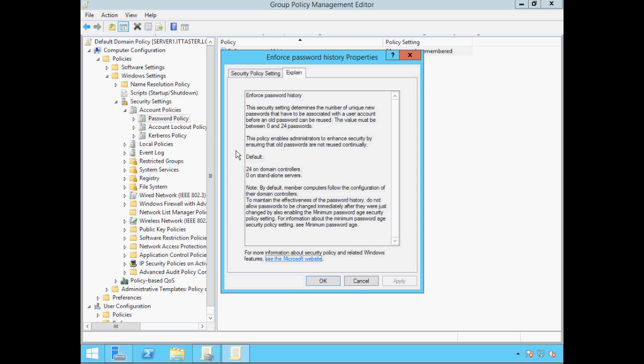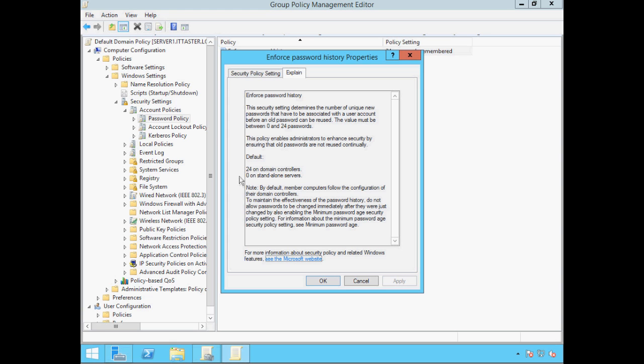Now the explanation tells us that we can specify a password history policy setting from 0 to 24 passwords. If we set the policy to 0, then any previously used passwords won't be retained by the server, and this will allow users to reuse passwords.